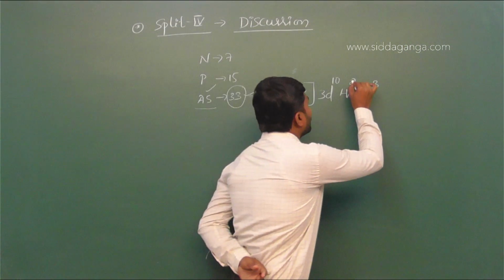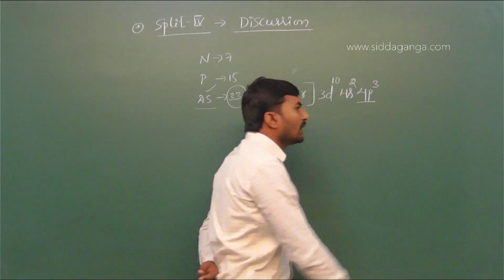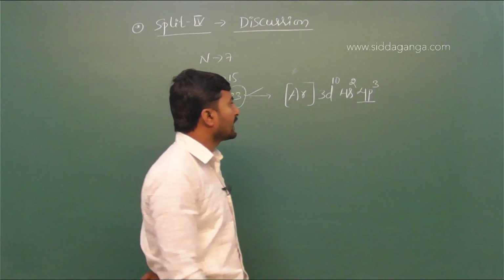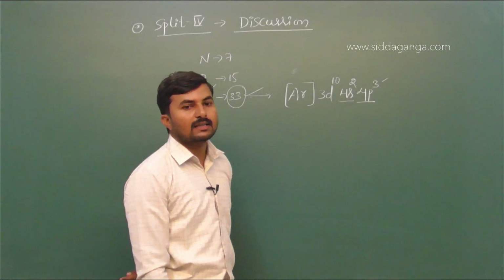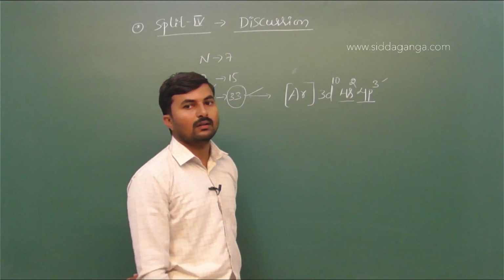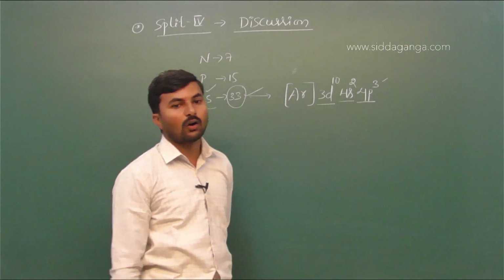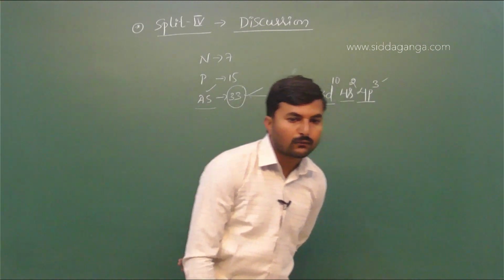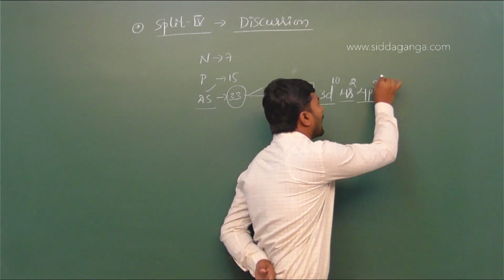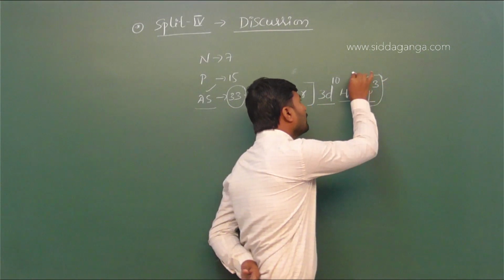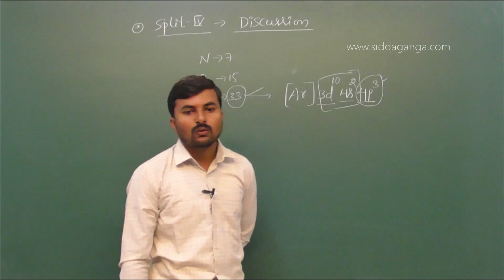When we look into the electronic configuration of arsenic, it has half filled p orbitals. That means in the p orbital it has 3 electrons, and it has a completely filled s orbital, because the 4s atomic orbital is filled with 2 electrons, and it has completely filled d orbitals. According to our four options, which is the correct option here? This element has half filled p orbital, completely filled s and d orbitals.